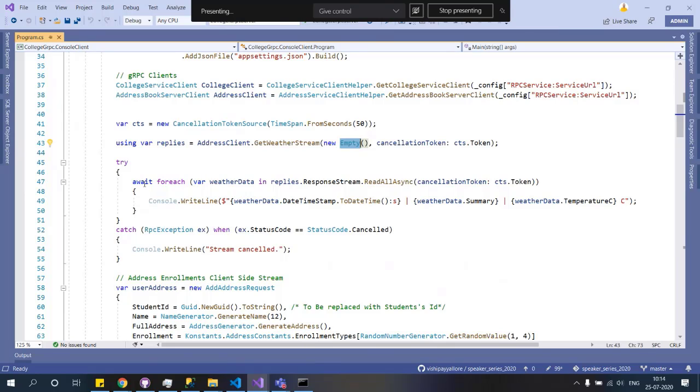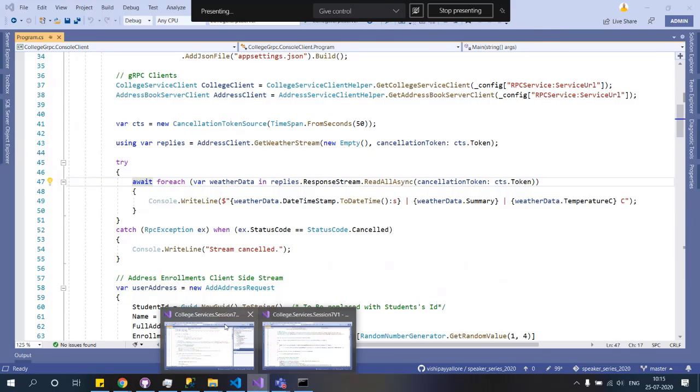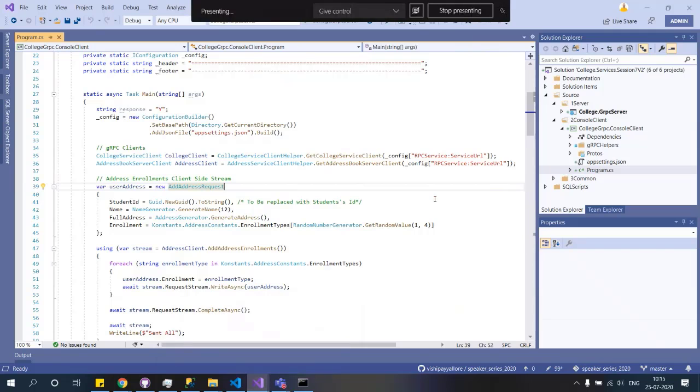We do await foreach, because we are receiving the response stream. And once we receive the response stream, we can display it. If you compare this logic with the client side streaming, I'll show you that.